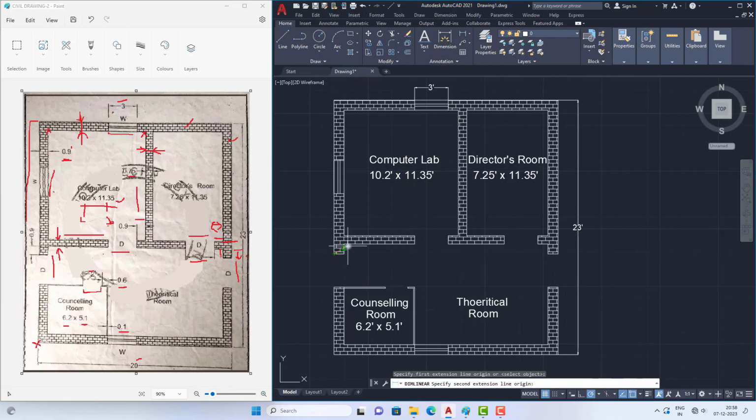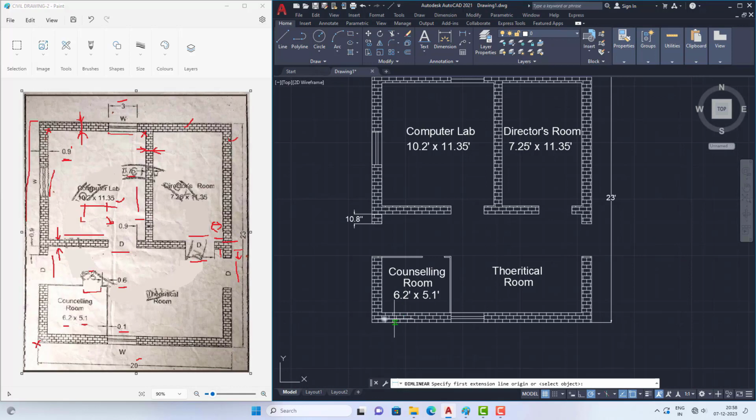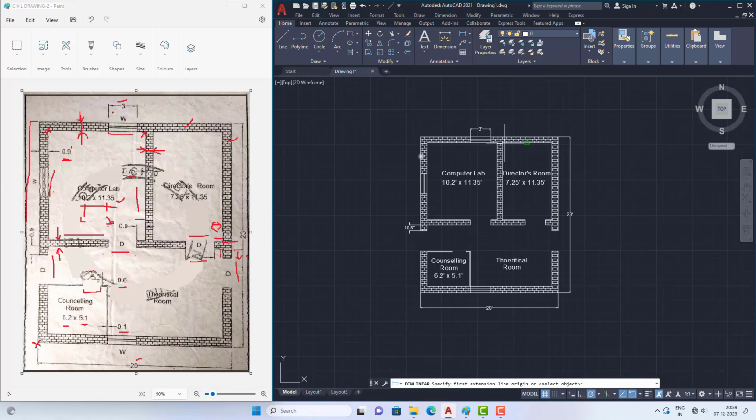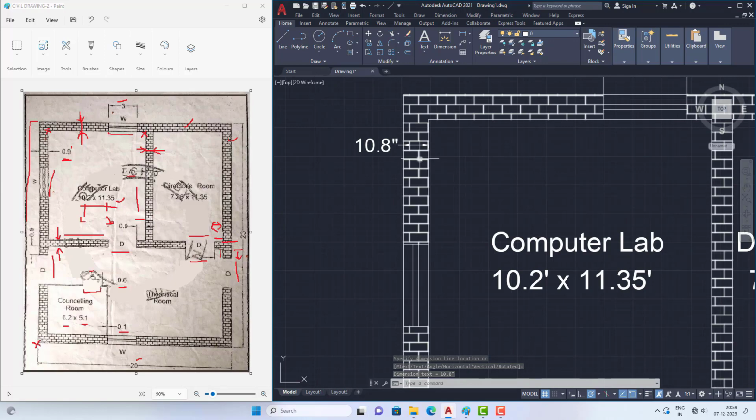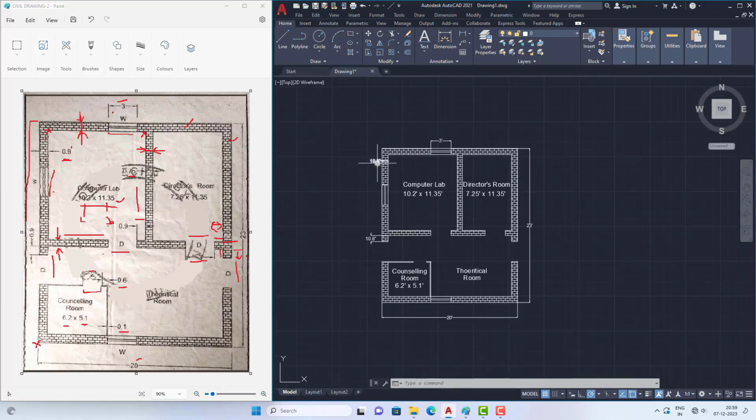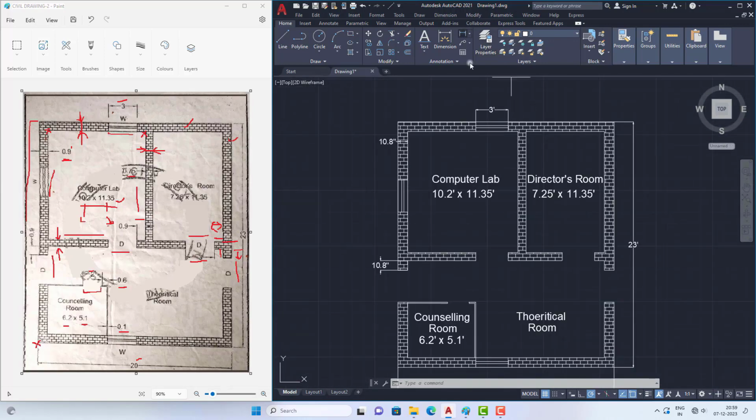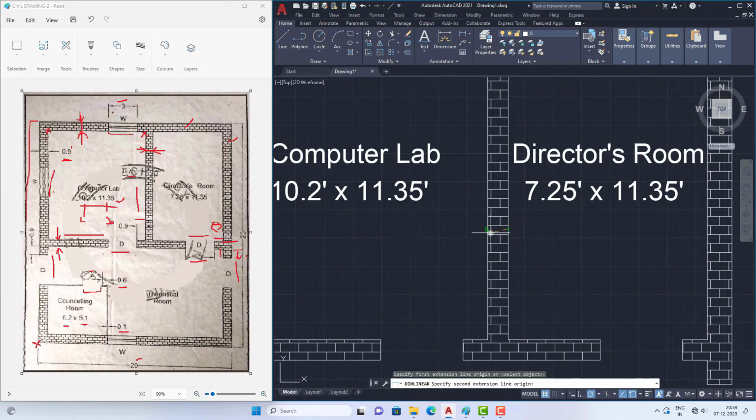The size of this is 10.8 and the size of this dimension is 20 feet. This wall is 10.8 and now we need to represent this wall also. So 0.9 and now see,